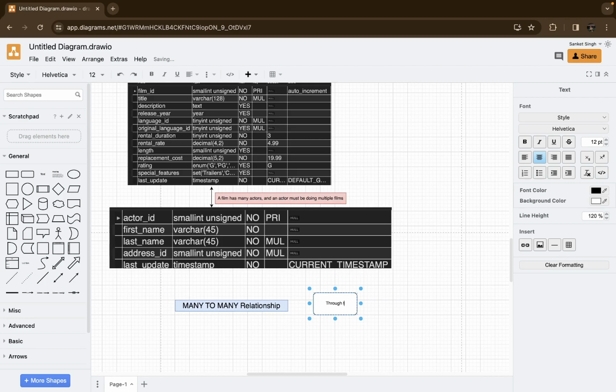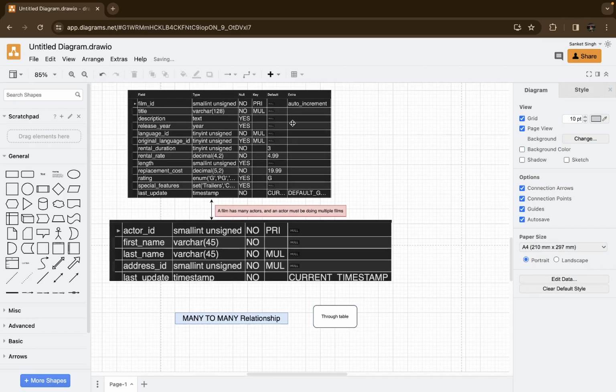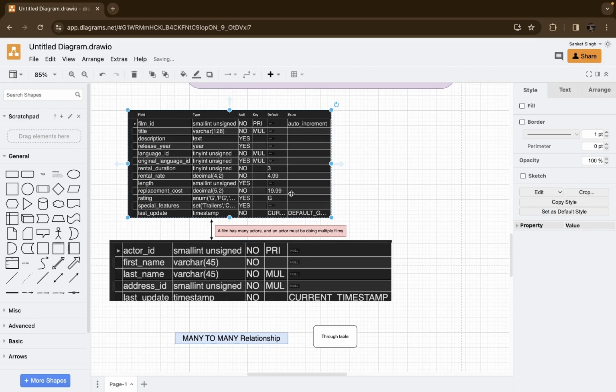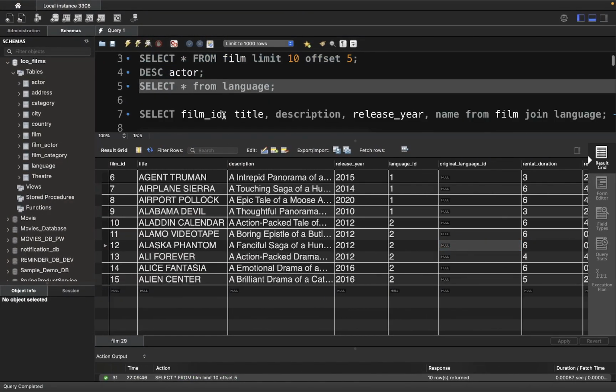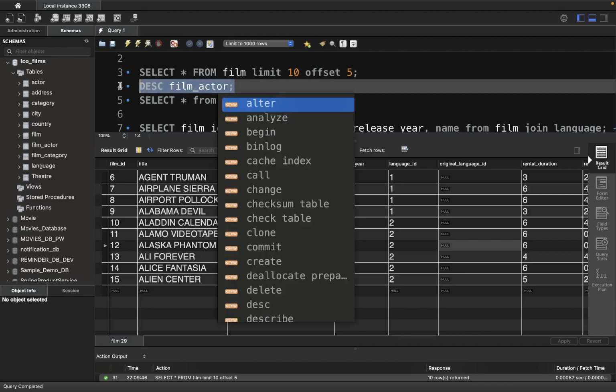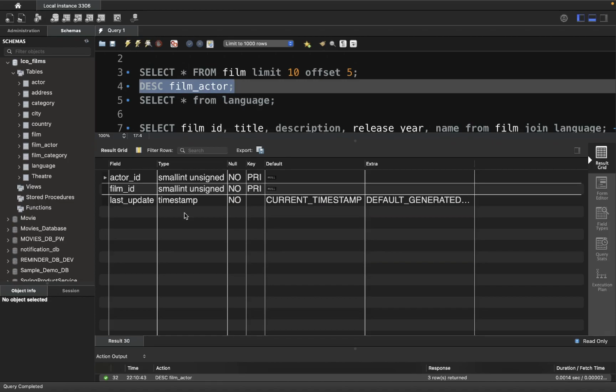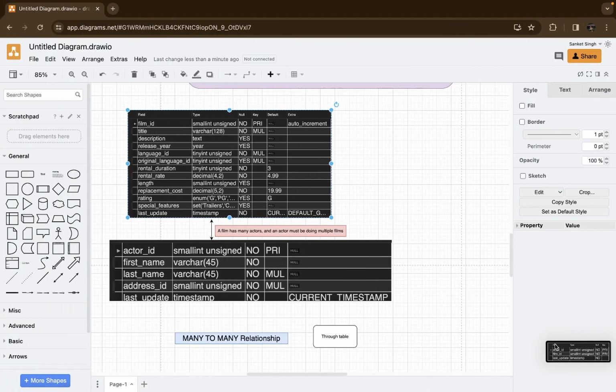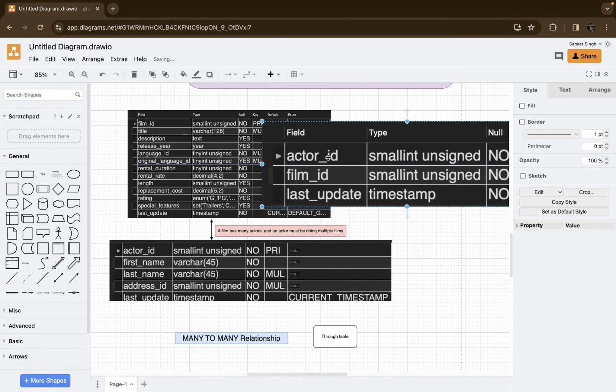What is a through table? The through table helps us to combine the two tables in a many to many relationship. And for our use case, the through table is the film actor table, right? This through table is the film actor table. Sometimes this through table is also called a join table. Now if you carefully see